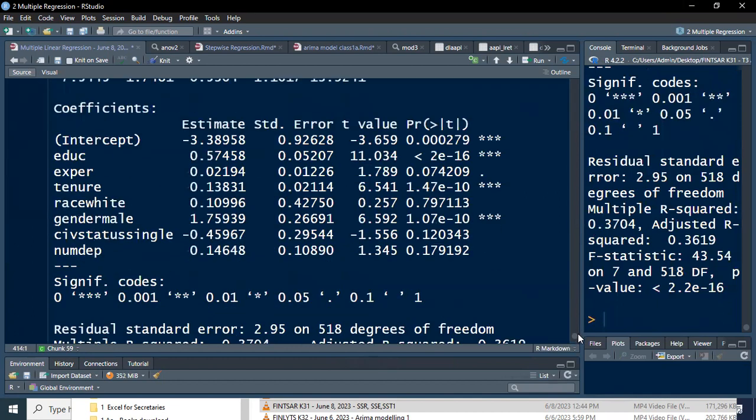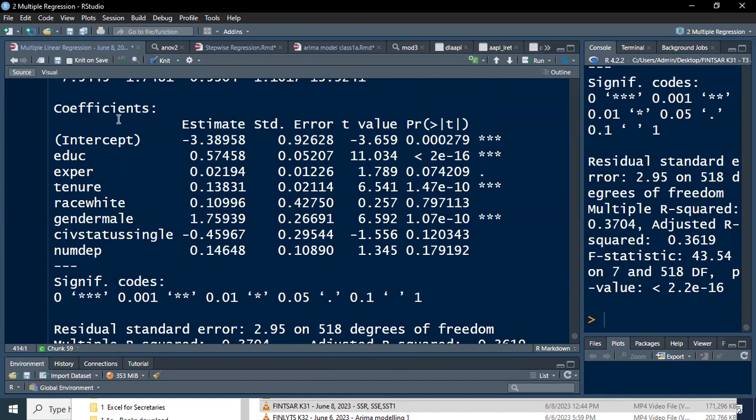Okay, and you can now see that there are variables that are not significant. Mamaya babalikan natin to kasi we will not just remove all the predictors that are not significant. We will do what we call stepwise regression. So stepwise regression allows us to come up with the better optimal model, no? Kasi you might be tempted to remove na lang natin lahat ng mga insignificant tapos yun yung final model natin. That cannot be done kasi